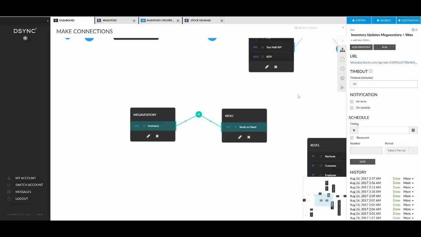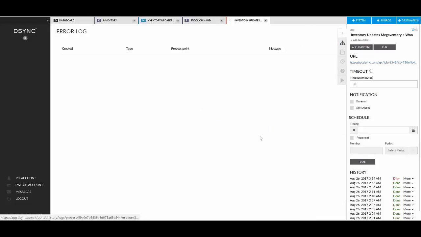So if I run this job, it fails right away. You could see how fast that was. And if I look at the more, I have just the log, which means we were not able to get the data from the source system. So that should be your hint that there is something wrong with the connection to the system. It could be unauthorized, it could be an invalid URL, as in our case, the system could be down. So to find out more, we can have a look at the log